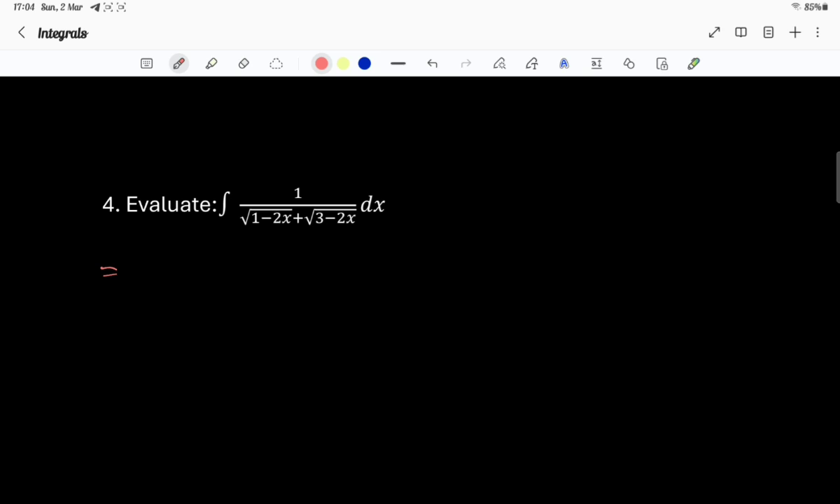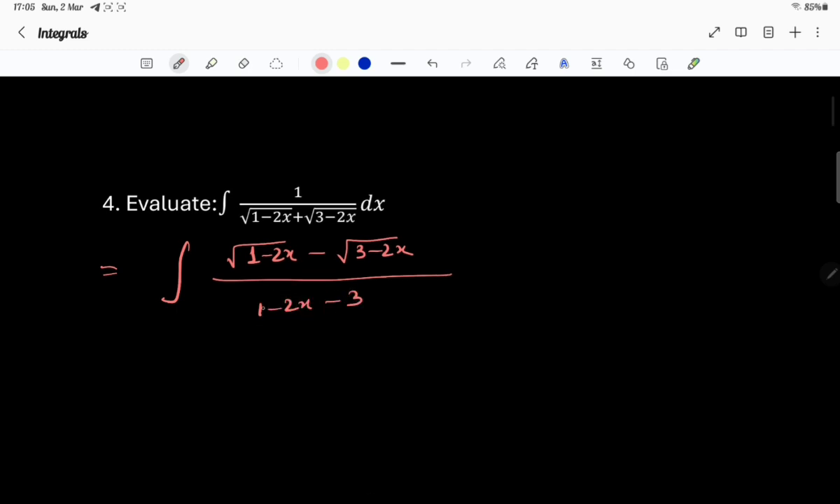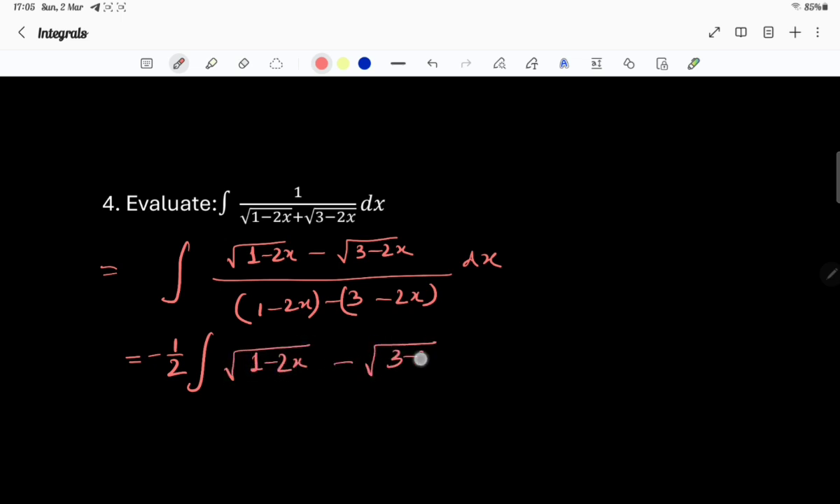চলে আসে, এরকমভাবে দিয়ে দেওয়া থাকে স্কোয়ার রুট দেওয়া থাকে, কী করবি, র্যাশনালাইজেশন করবি। র্যাশনালাইজেশন করা মানে রুট ওভার 1 মাইনাস 2x মাইনাস রুট ওভার 3 মাইনাস 2x দিয়ে মাল্টিপ্লাই করবি, তাহলে ডিনোমিনেটারে কী চলে আসবে, স্কোয়ার রুট উইল বি এলিমিনেট হয়ে যাবে, তাহলে কী হচ্ছে 1 মাইনাস 2x মাইনাস 3 মাইনাস 2x, তাই তো হবে র্যাশনালাইজেশন করলে, ক্লিয়ার র্যাশনালাইজেশন। তাহলে ডিনোমিনেটারে 2x কেটে গেল, সিম্পলি মাইনাস 2 আসলো, তাহলে আমরা মাইনাস হাফ বাইরে নিয়ে নিলাম, আর স্কোয়ার রুট অফ 1 - 2x মাইনাস স্কোয়ার রুট অফ 3 - 2x, তাই তো থাকছে।